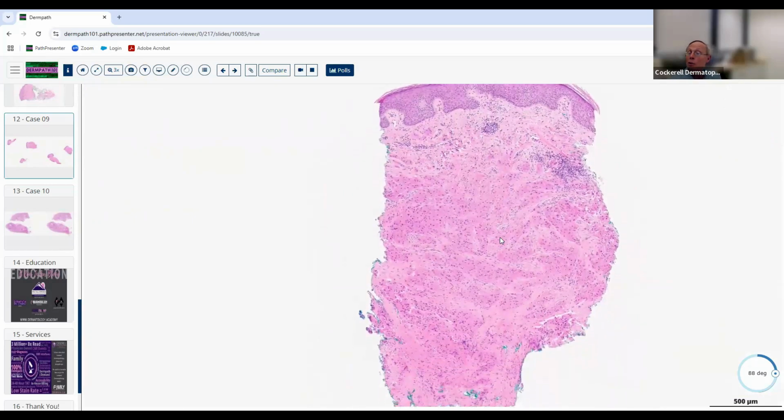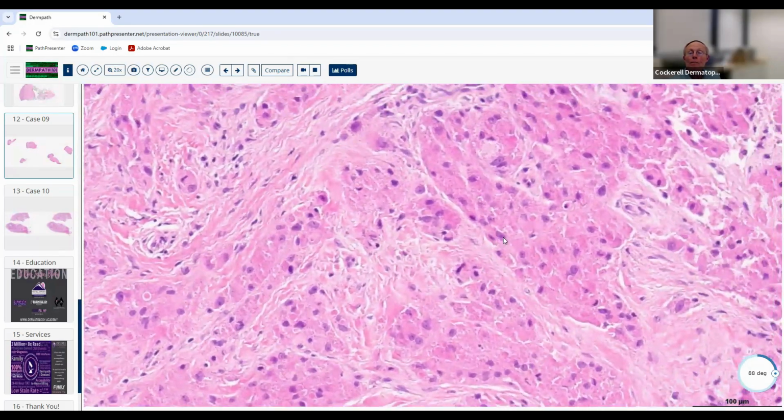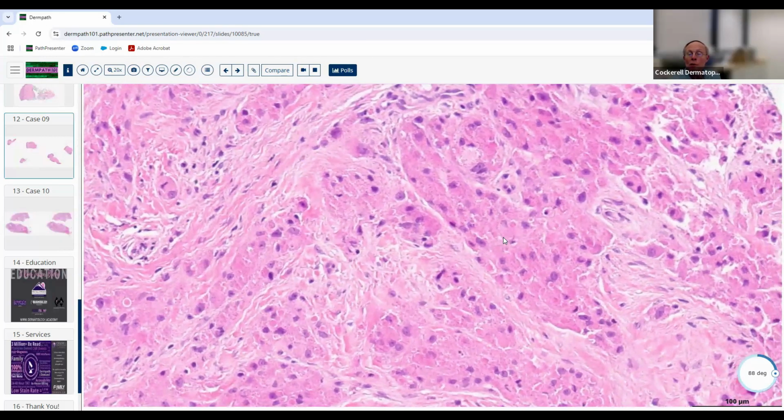And I've seen that misdiagnosed as squamous cell on a number of occasions. I've even made that misdiagnosis on occasion with a shaved biopsy. So something to remember. And then the last thing is that you can get granular cell metaplasia in certain lesions,